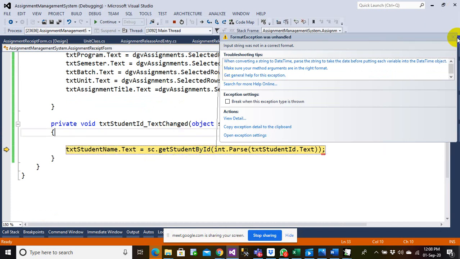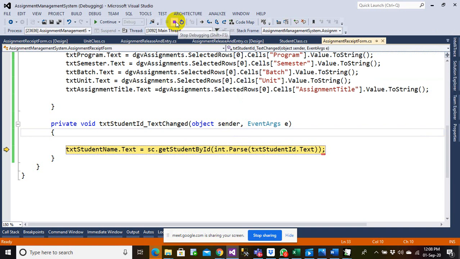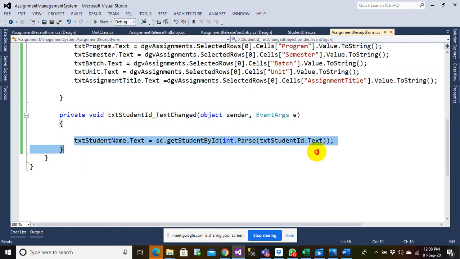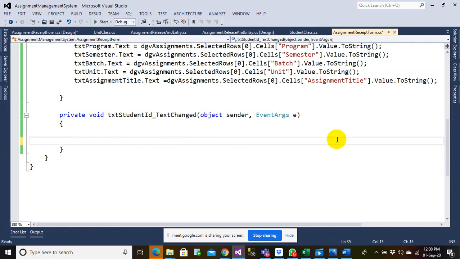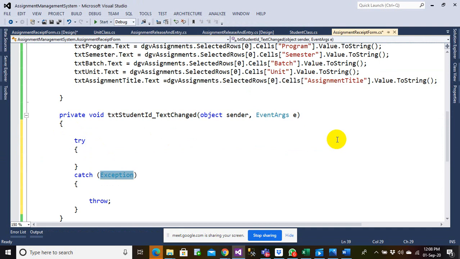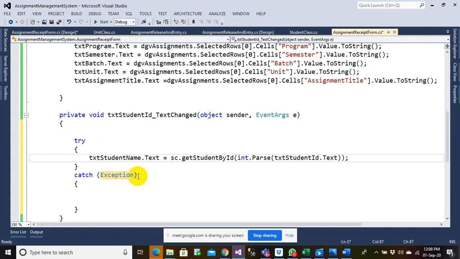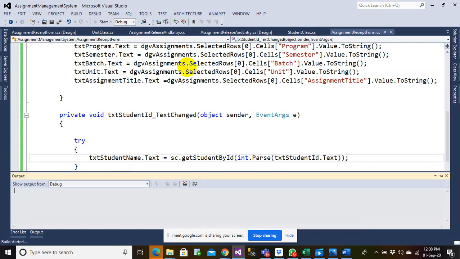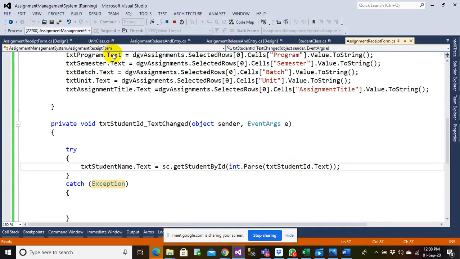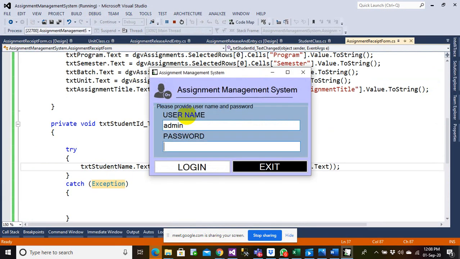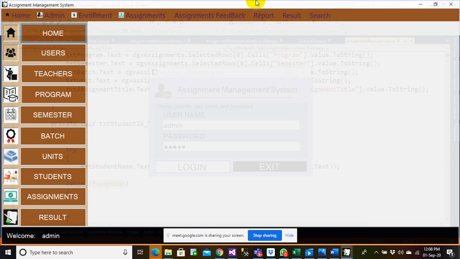So this one should be managed by using a try catch. Let's handle this by using a try catch here. Let me just cut it first. Let's put that into a try catch, and let's not throw anything. Let us put it here. Let's save this. Let's run it again. You don't have to do it like this. Any logic you have in your mind, you can just follow that logic.